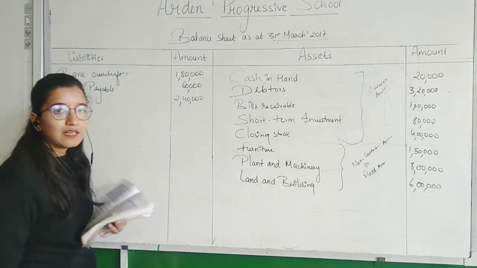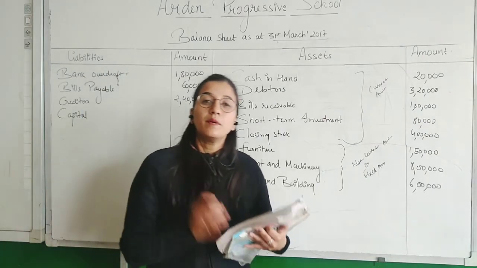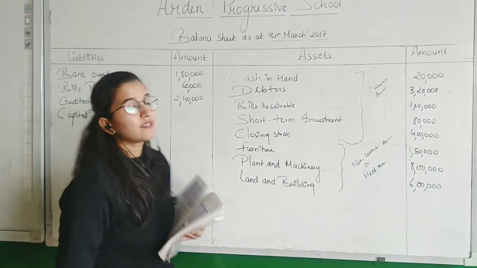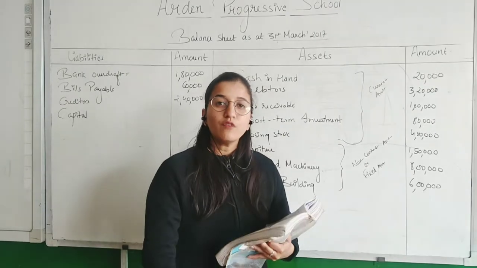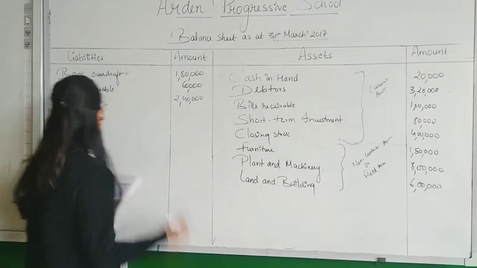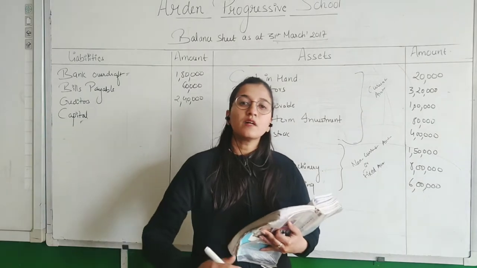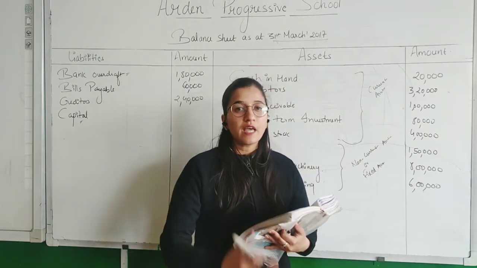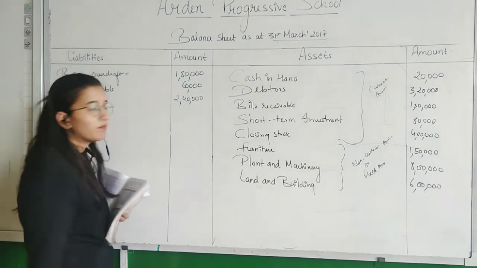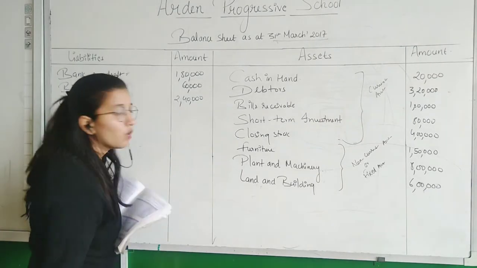Capital is considered a liability because, according to the business entity concept, business and businessman are separate entities, and we record all the transactions from the business point of view. So if the owner of the business invests some money to start the business, this money is considered capital. It is the responsibility of the business to pay off this amount to the owner with profits and reserves. That is why we write capital on the liability side, because capital is the liability which is to be paid by the business to the owner.